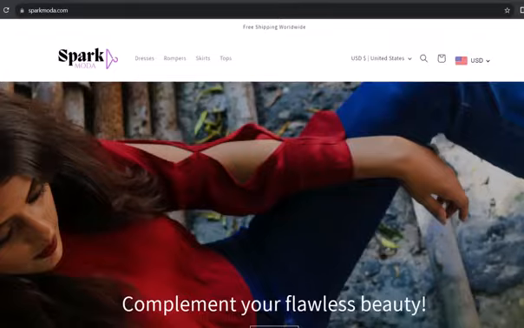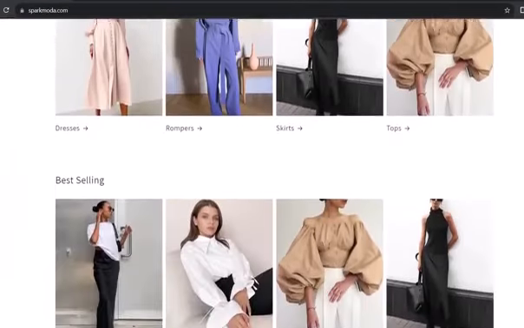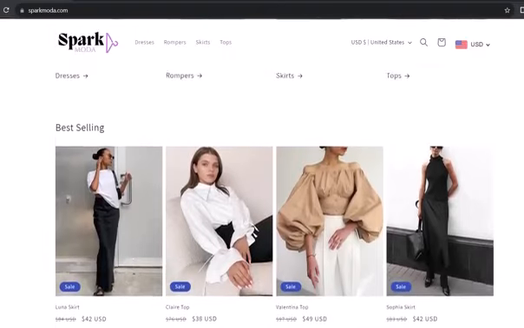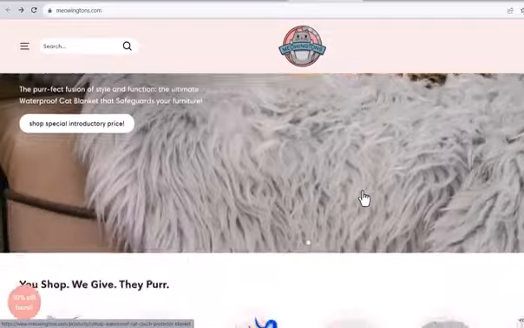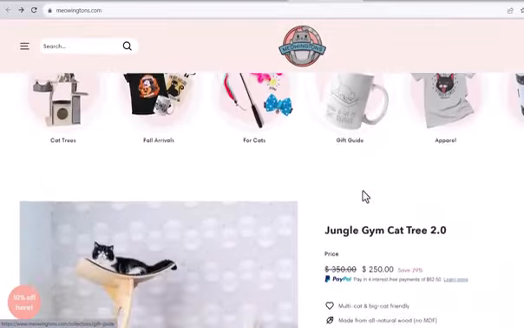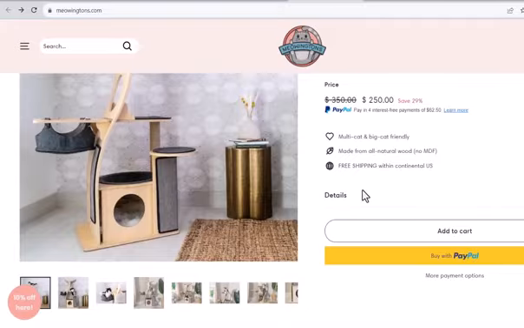Let me show you an example. This store is in women's fashion niche. This store has many collections, like dresses, tops, skirts. Another example is this cat store. This store is catered for cat owners and lovers. You can find many cat products here, along with apparel for cat lovers. We're gonna build a general store during this tutorial, but you can follow the same steps if you want to